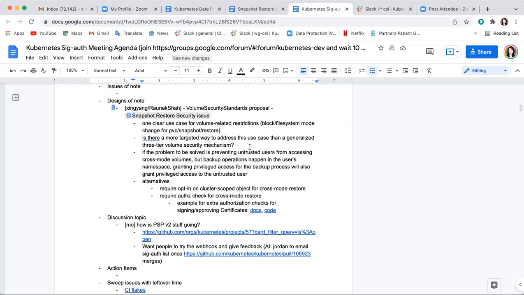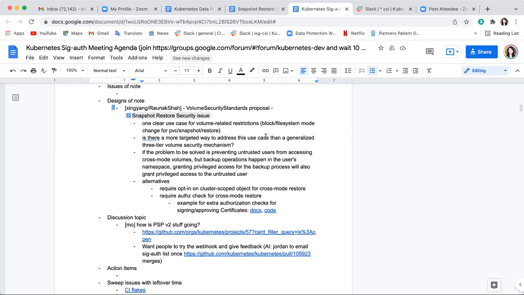Okay, so basically just check if the user is allowed to do this conversion, and then look at whether the volume mode matches. So look at if the volume mode is different or the same, and then see whether that's allowed or not. So he was basically just saying, hey, why don't you just do a user webhook, and then have that controlled by the cluster scope resource.